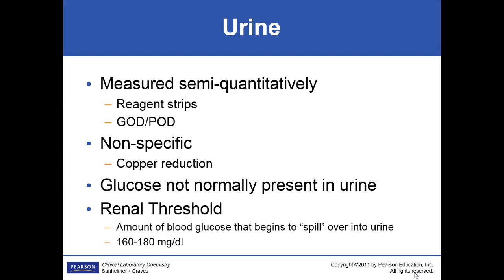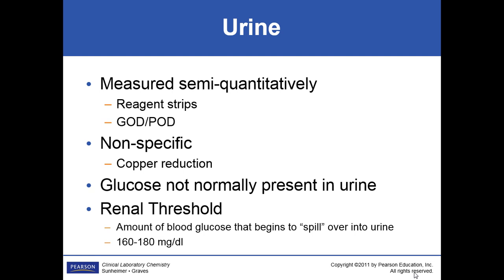I did indicate that urine, you normally do not have glucose in urine. It is measured differently than we do our serum. Normally, in a urinalysis, it's measured semi-quantitatively. We talked about qualitative testing where you get a yes, no, positive, negative, and so forth like that. In chemistry, we're going to be doing quantitative where you get an answer, a flat-out number with the units like milligrams per deciliter.